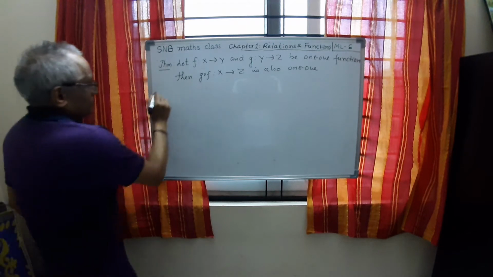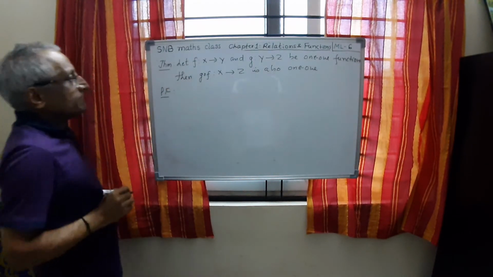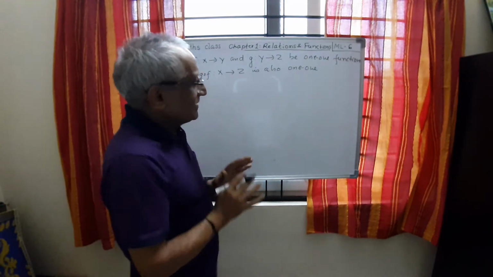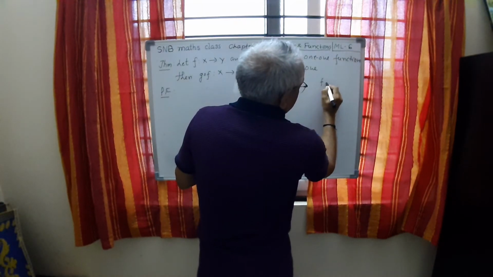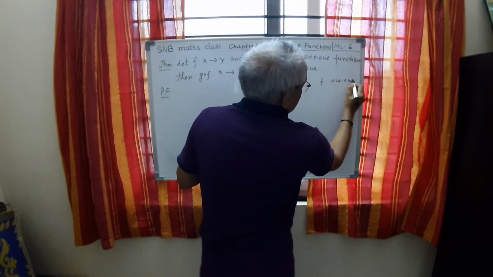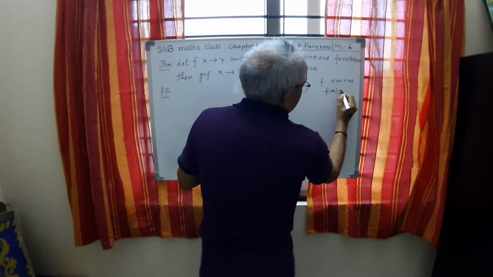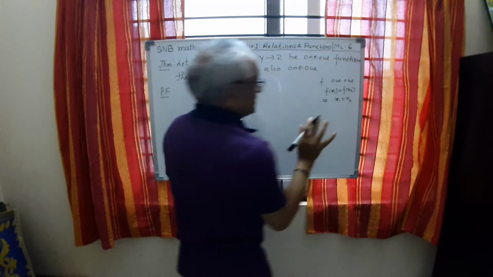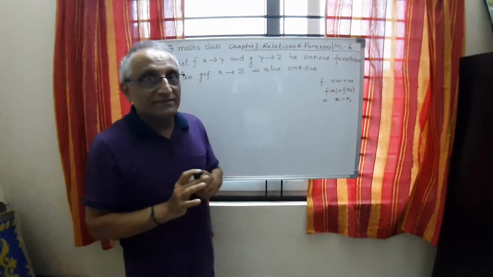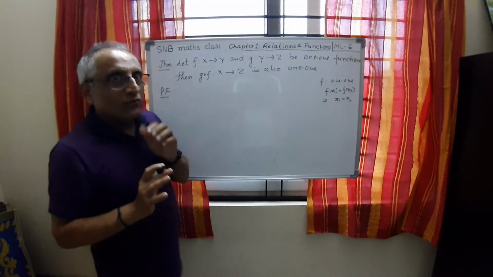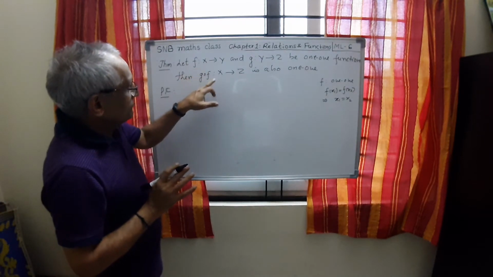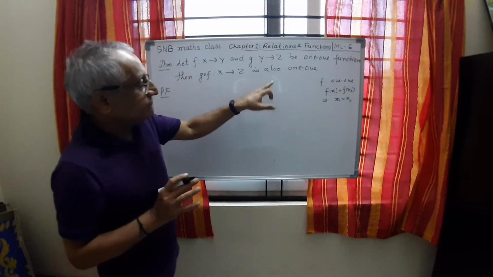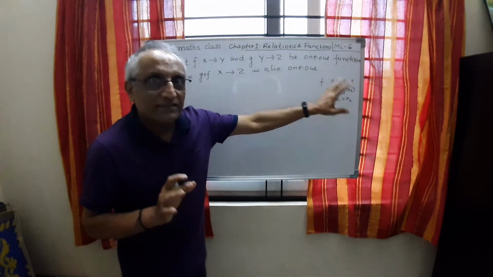So this is the first theorem. Let us prove this one. How to prove a function is 1-1? First, try to recollect the method. F is 1-1 means we have to show that f of x1 equal to f of x2 should imply x1 equal to x2. This is the only method we adopt actually. I told you many times. Same thing we do here. Now what I should show is g of f is 1-1, meaning I should show g of f of x1 equal to g of f of x2 implies x1 equal to x2. That's what we are going to do.